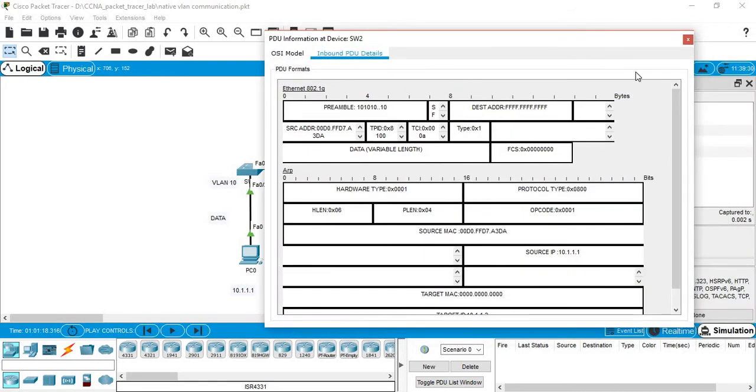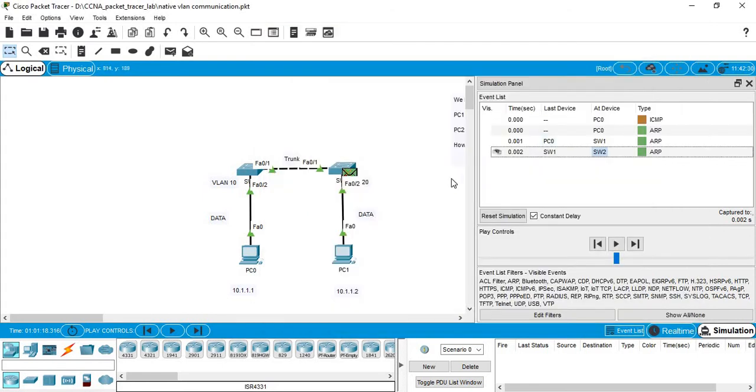That's why the ping request is not working between PC0 and PC1. To make it work, we must use a layer 3 device. But here's a catch: we want to use only the layer 2 device and want to communicate.